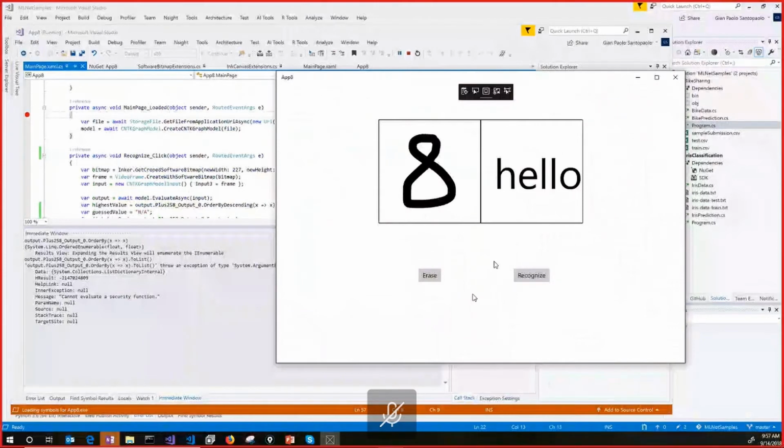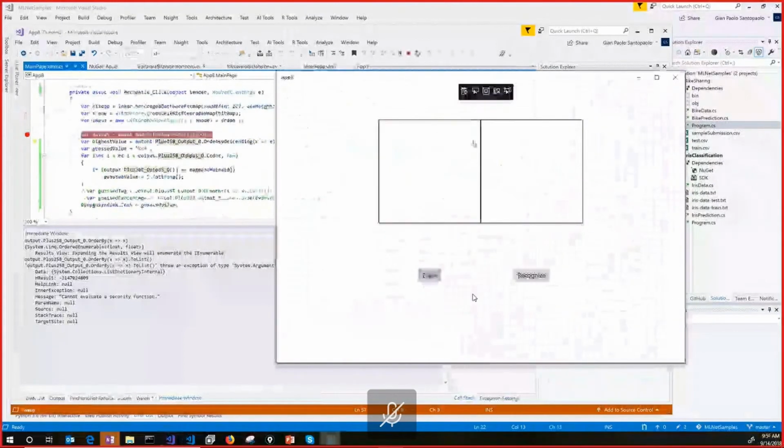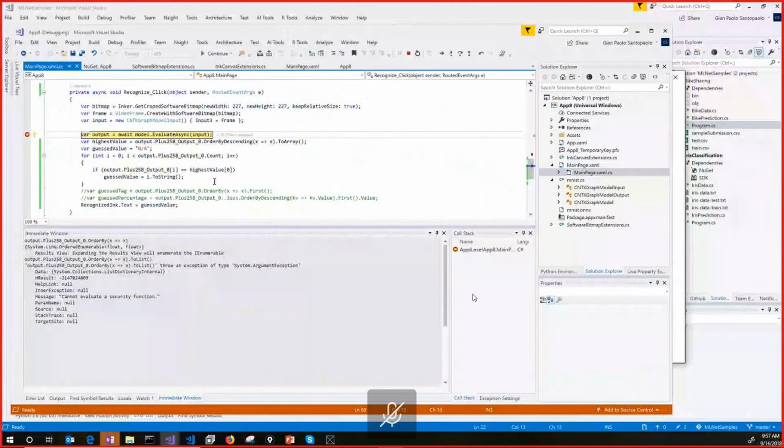Let's do it like this, erase, and let's make a 7. Recognize. What I'm doing over there is getting the stroke from the ink canvas, converting it the way the model input likes, passing it to the model, and asking it to evaluate.